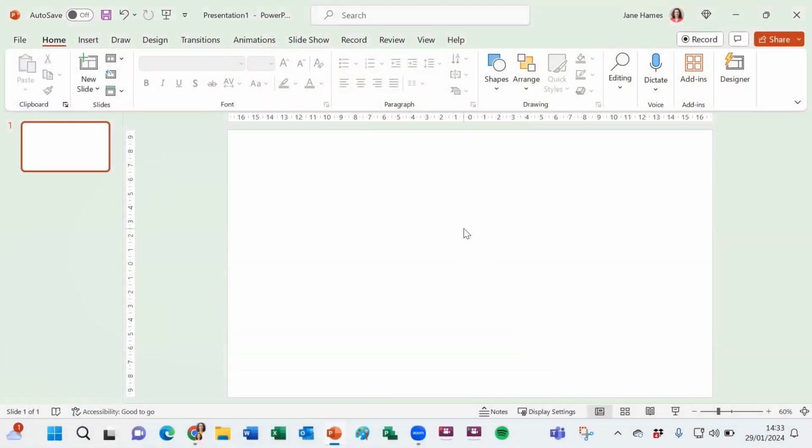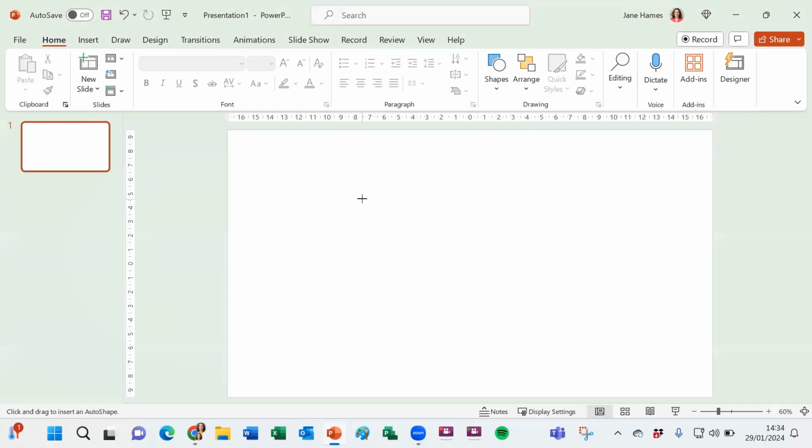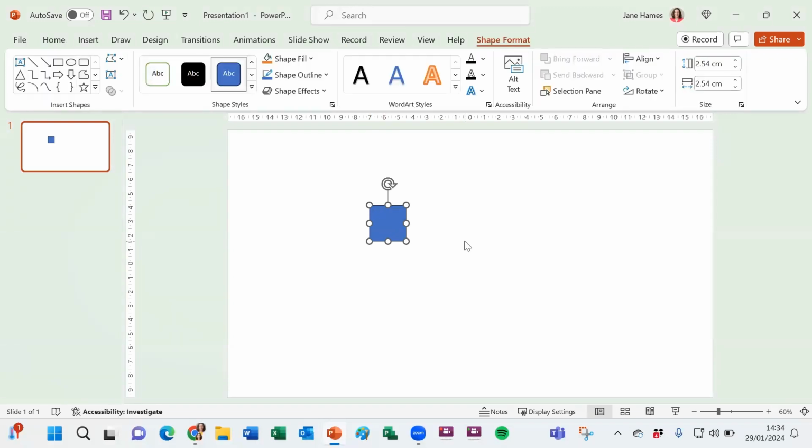Starting off in PowerPoint, I'm going to insert some shapes and make sure that they are perfectly regular, even when I resize them. So from the Home tab, I can get to shapes, and I could pick up one of these rectangles or ovals. Let's choose the rectangle to start with. If I was just to click rather than click and drag, that does draw a perfect square anyway. If I was to click and drag, then I'd have to be a bit careful to make sure that it